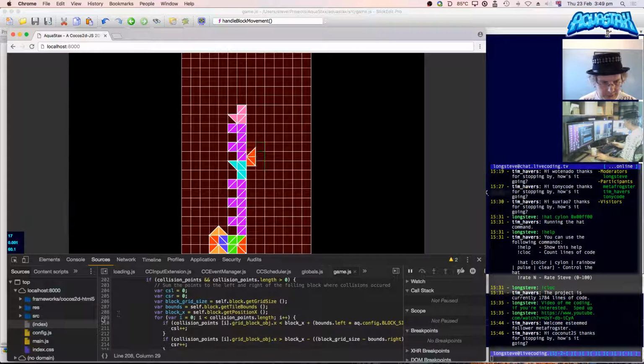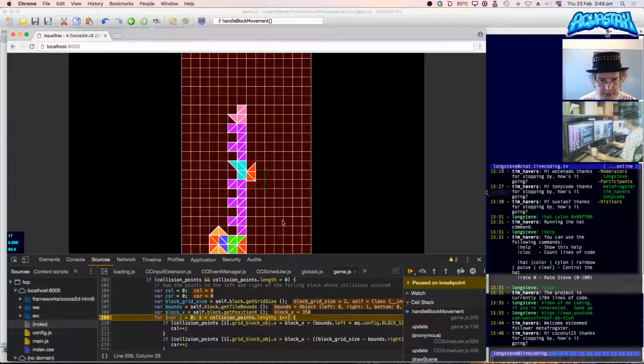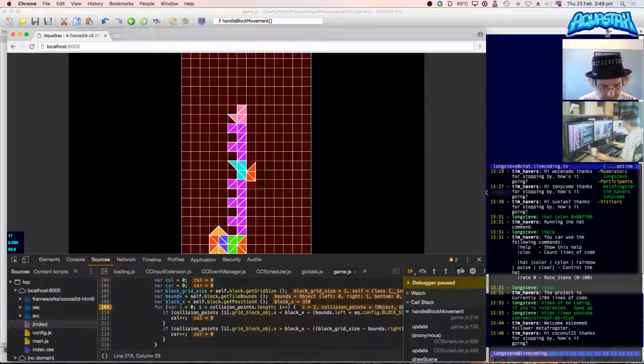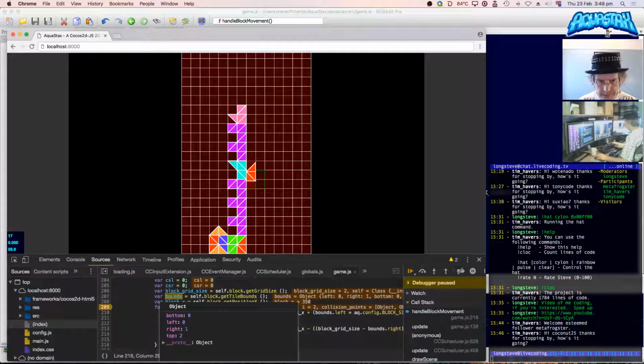No, still not rotating correctly. So what does this come through and give me? So let's just look at the points. So obviously that left and right testing didn't work. So block X is 350. Bounds.left is 0, bounds.right of 1. Okay, let's try the left-hand edge.